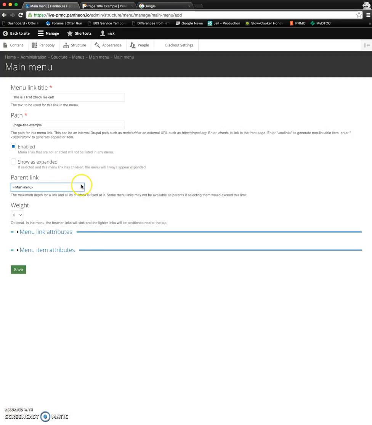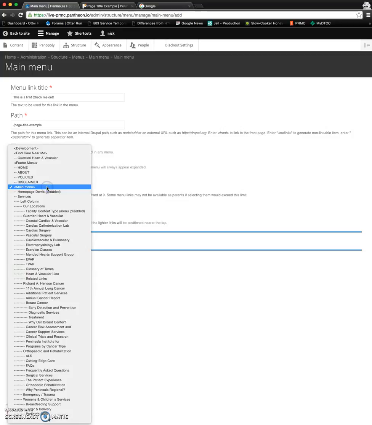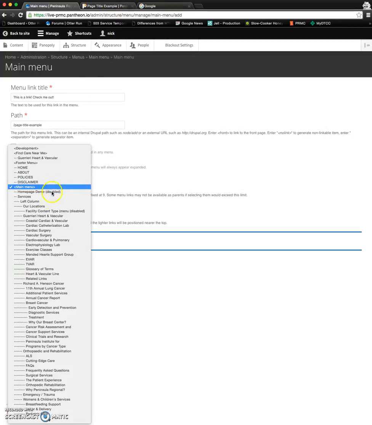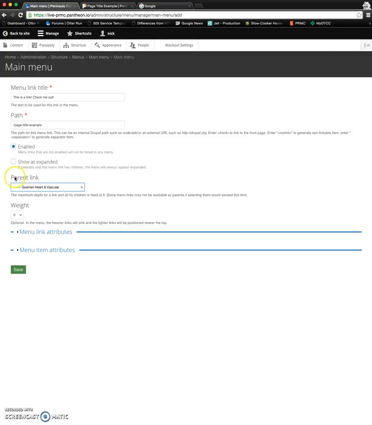And really, the only other thing that you need to know is how to put the menu item where you want it. So we see this parent link drop down. In this case, if we want this new menu link to exist on the Heart and Vascular page, we would want to select the Heart and Vascular menu link, because what we're doing is declaring the parent of this link, which would mean that's going to define where it lives. So if we save this,